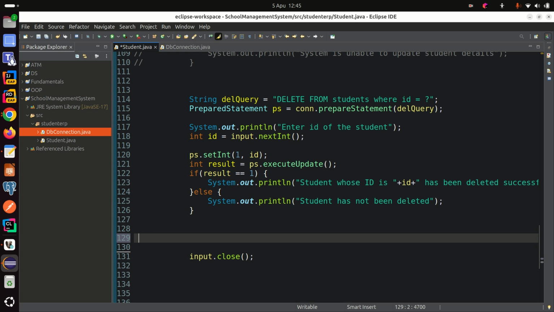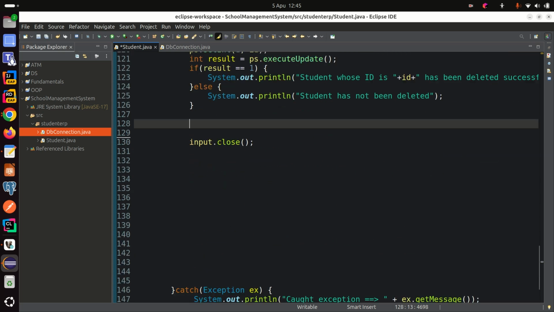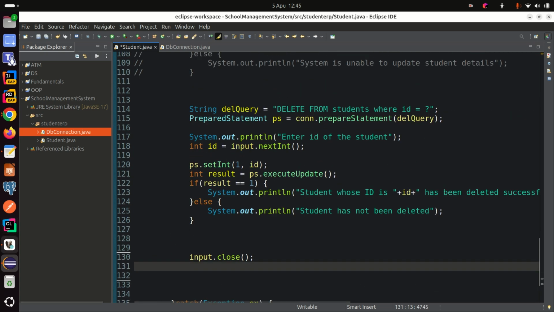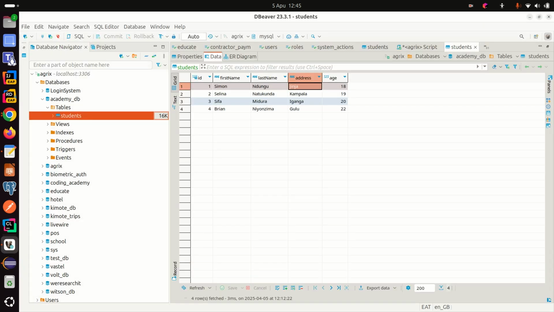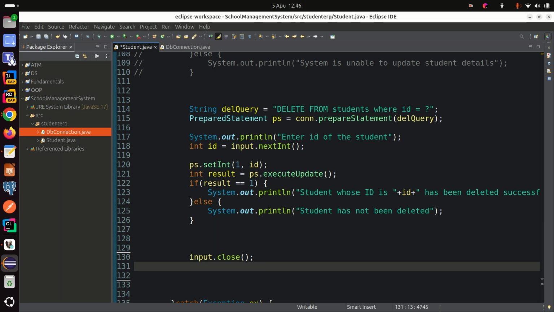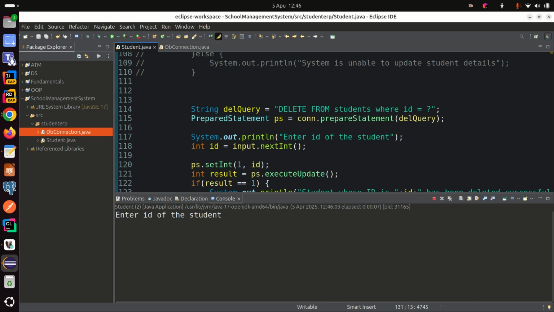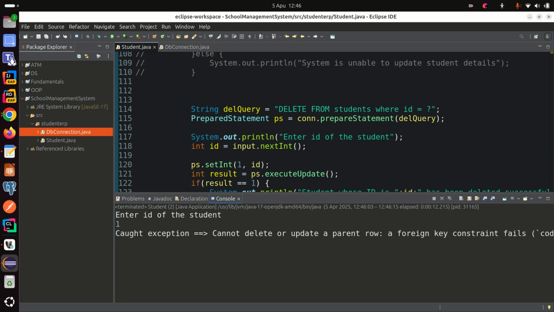Okay, so when you execute this, we should be able to see the student who's going to be deleted. In this case we can remove number 1, Simon. So we run, I restore my console. Okay, so enter the ID. When I press 1 and I enter,